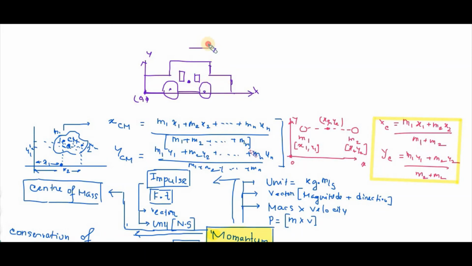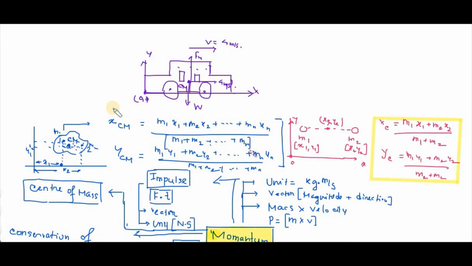we consider that the car is moving with a certain velocity, 4 meters per second. What does it mean? We are considering the center of mass of the car, which is moving with 4 meters per second. It's not possible to consider individual point masses and assign individual velocities to every point. So that is the significance of using the center of mass. Whatever the velocity, acceleration, or force exerted on the object, like weight exerted in the downward direction and normal reaction force exerted in the upward direction, everything we do is with respect to the center of mass.